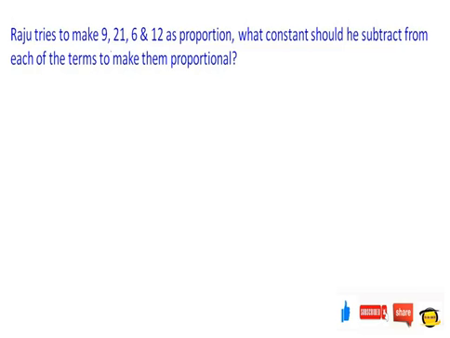Raju tries to make 9, 21, 6 and 12 as proportion. What constant should he subtract from each of the terms in order to make them proportional? Now in order to proceed further, let's assume 4 terms A, B, C and D,